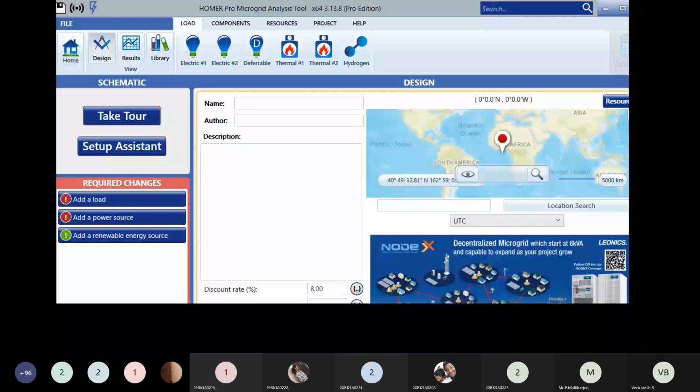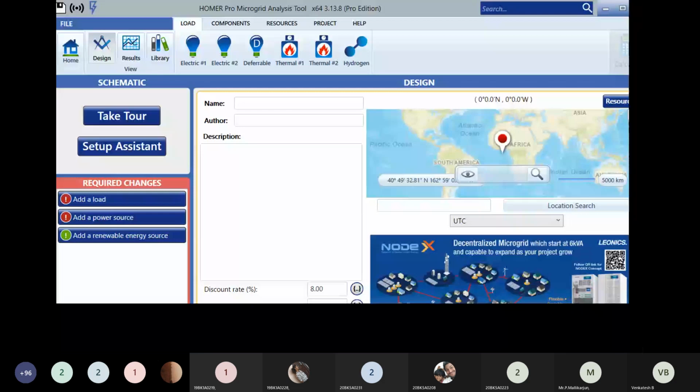In that electric load setup, you will have different loads. You have peak month, January, July, like that. When you come down, you have profile. In that profile, there are different loads. When you click on that, you will have residential load, commercial load, industrial load, community load, and bank load. When you keep on changing your load, residential load characteristics are different, commercial load characteristics are different, and industrial load characteristics are different. That change you can see there.